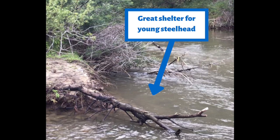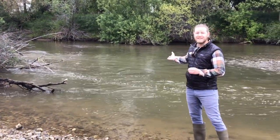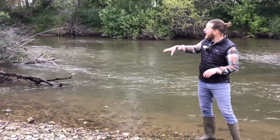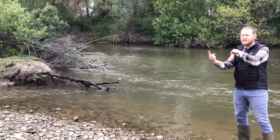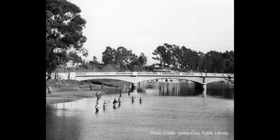So any fish that get tired, or any fish that are too small to withstand the fast-moving main stem current, can find these little areas, these little eddies, where the water is swirling instead of rushing them straight out to the ocean. So Sam showed us that there's a lot of habitat for our steelhead trout here at the San